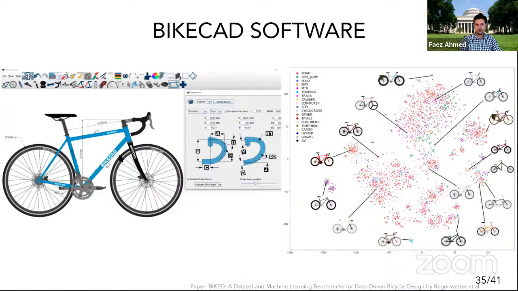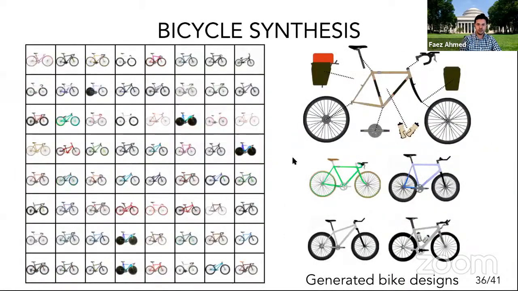So for just like most other data-driven methods, you start with some data set. In this case, we created a data set in collaboration with the BIKECAD software company, which is specific CAD models for bikes. And you can start analyzing the design space of these bikes. Like what do you even mean by a road bike? What are the MTBs and trials and children bikes and so on, and how they are situated with respect to